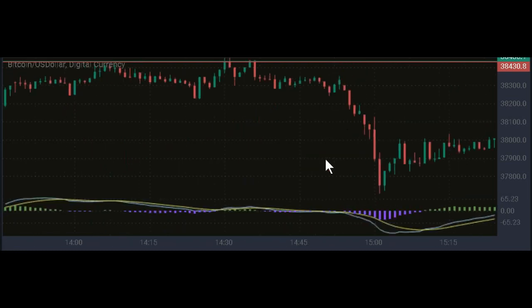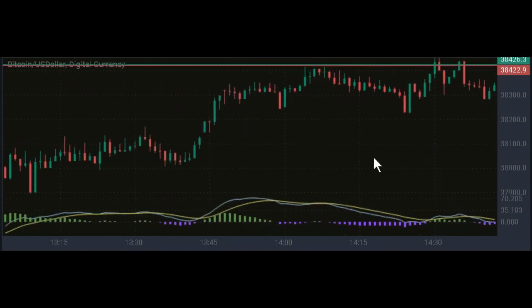Let's see how well this has worked out. We can see it turned green here, so you got in about here, and then you got out maybe around the same price. So this would have been about a wash, as they say, about break even. That's going to happen sometimes. But look over here. If you had gotten in right when the histogram turned green here, and you rode it up, and you didn't get out until it went below the 0 line again, right about here or so,